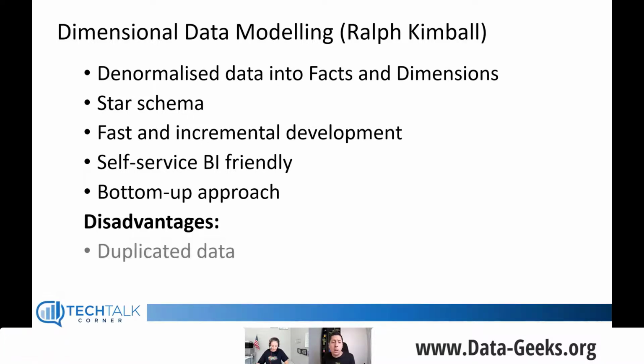Some disadvantages: you're going to duplicate data because of how you are denormalizing information. The good news for us is that this is not as important. You know that storage, and keep this between us, storage is cheap. Okay, especially in the cloud, it's cheap.